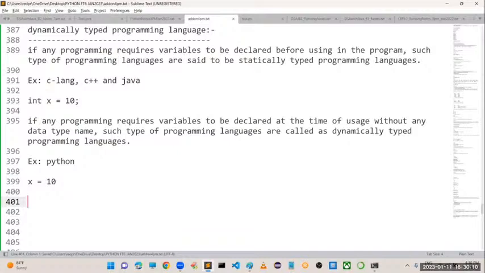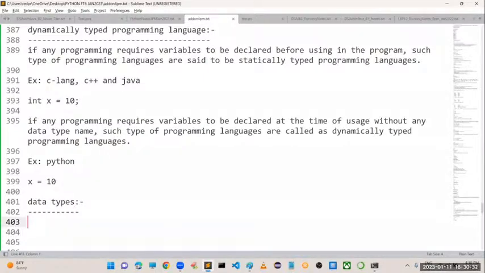Okay, everything is working fine, no issues at all. Then why have you told this concept? Because in Python we have to talk about data types. Sir, just now you told that the data type concept is not required because based on the type of data you assign, it is automatically considered.